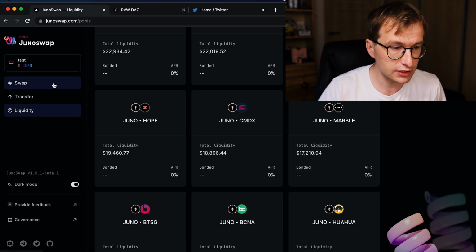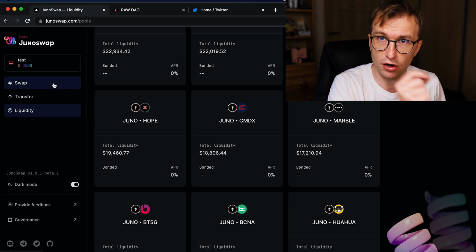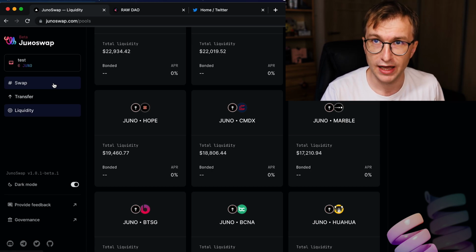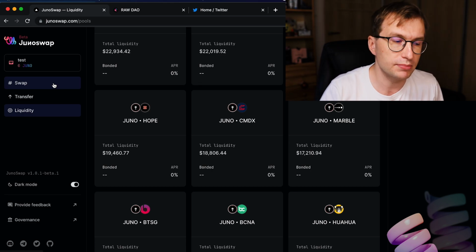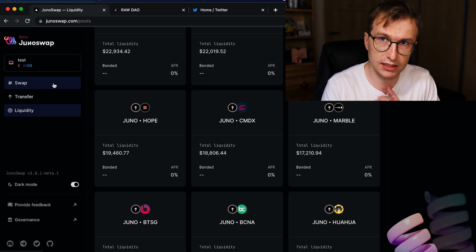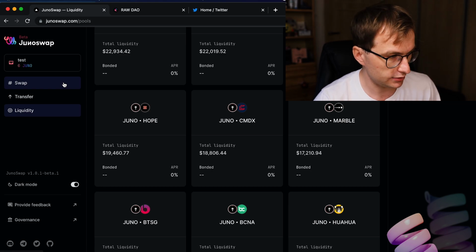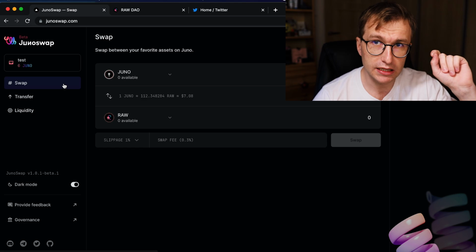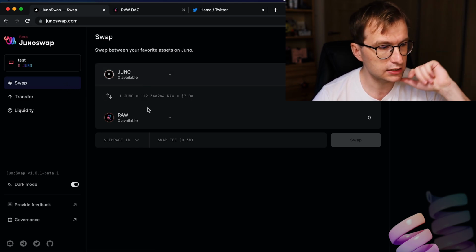If the other projects want to have liquidity on the Junoswap, they should start with their own incentives before Raw incentives go live. And they should not expect that the Raw incentivizes their pool, because it's in the project's business to build liquidity. Raw shouldn't waste the resources this way. They can be used better. But then I believe that what via Raw DAO could be brought, as you can see, all of the swap